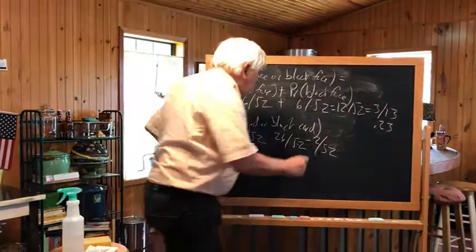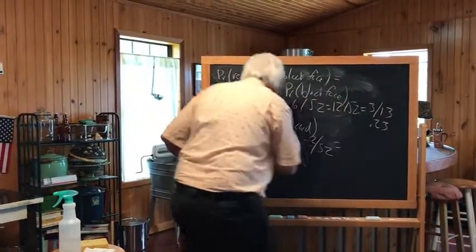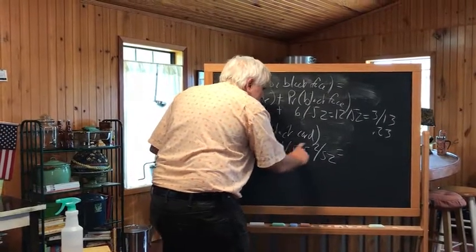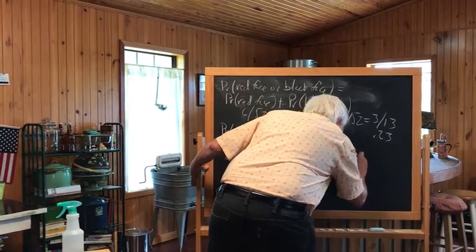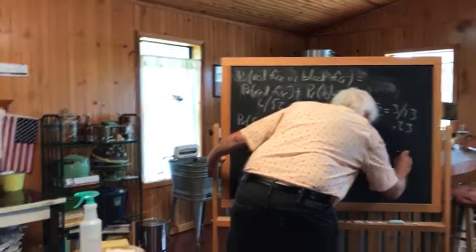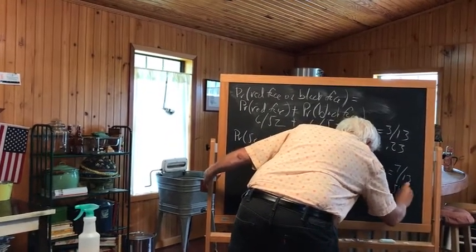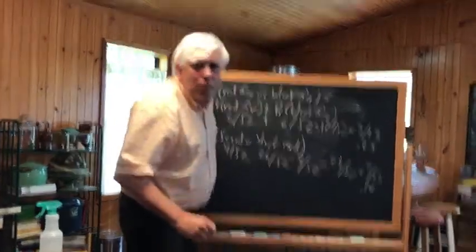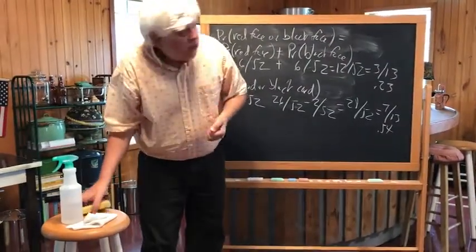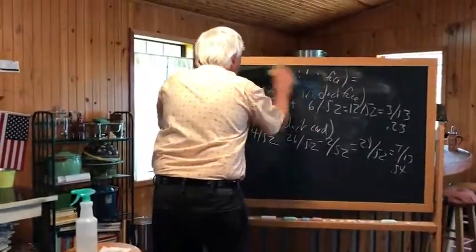And now when we do our math, we will get an answer of 30 minus 2, 28 out of 52, which reduces to 7 out of 13, which I believe is something like 0.54. Okay, good. With that said, we'll take this off the board and move on to the other